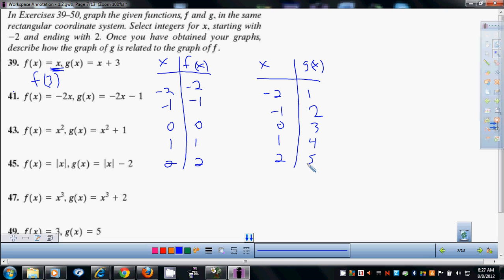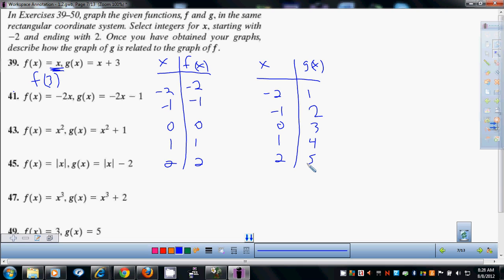Before I go any further, are there questions about where I got any of those numbers? Which part? I used these because it said from -2 to 2 in the direction. That's why I just put these in. That's what you're going to plug in. And then these just came from their specific function, f of x. I plugged in -2 into that, got this. -1 into that, got this. I plugged all of these into f of x and got these y values. But because it was just x,